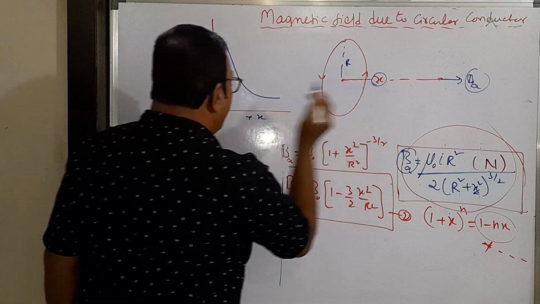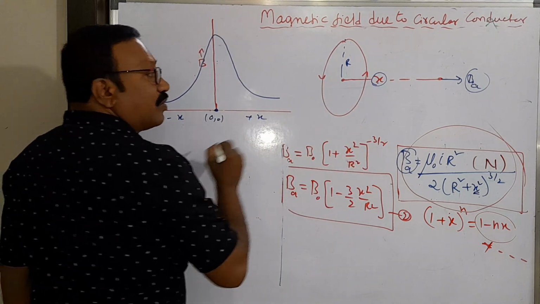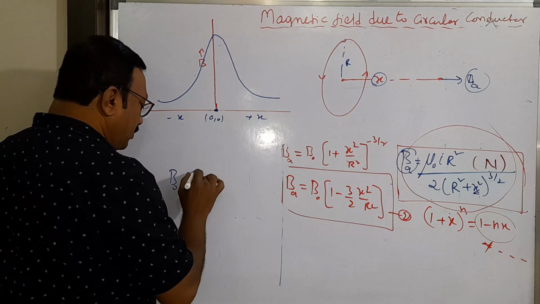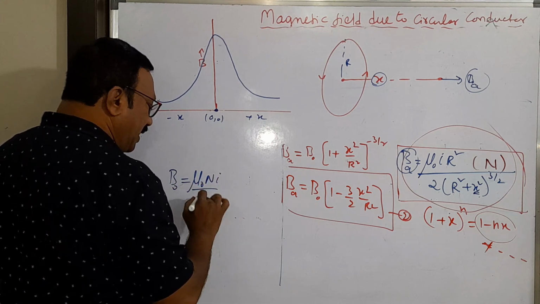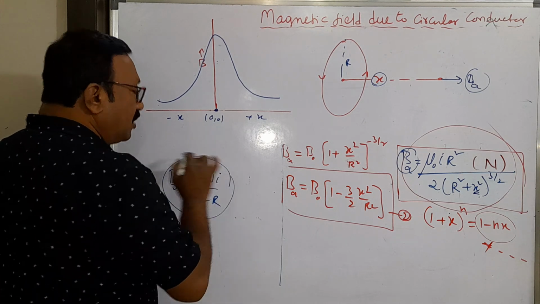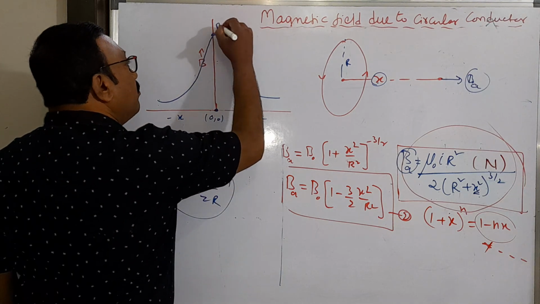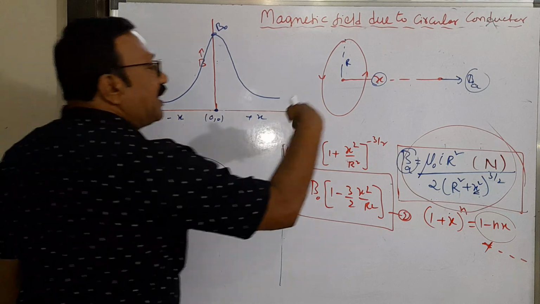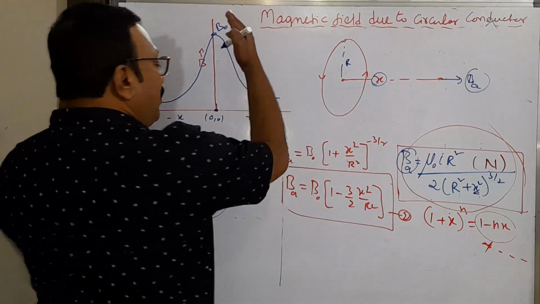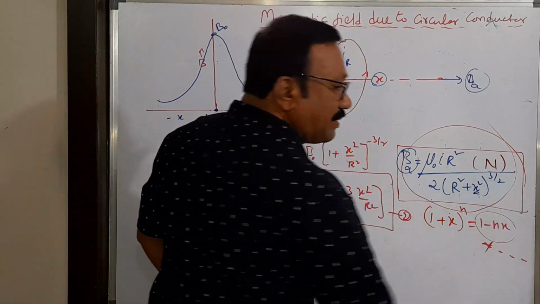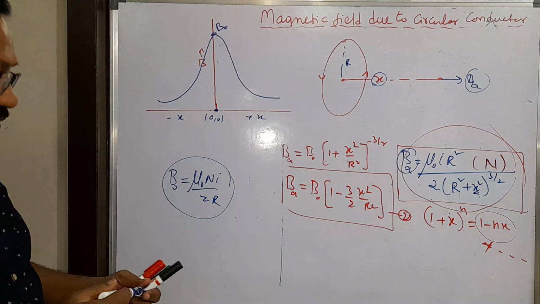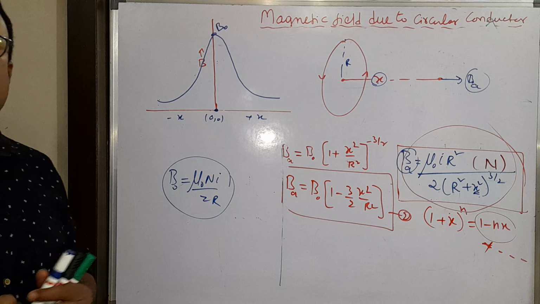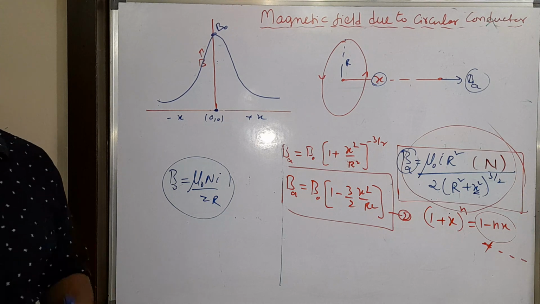So when x is equal to 0, the magnetic field is given by B₀, μ₀NI by 2r, no? Just now we did. So this will be the B₀ value when x is equal to 0. But afterwards, either on the right side or left side, the field will be decreasing as x is increasing. This is how you can understand the magnetic field graph. So I hope you understood, and this is an important derivation. Thank you, one and all.